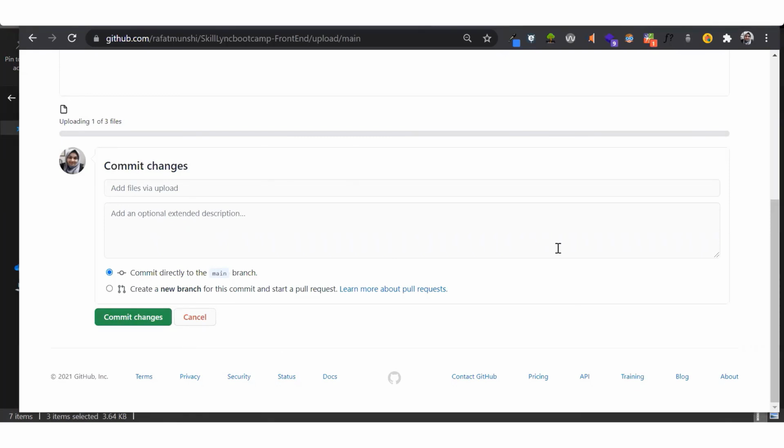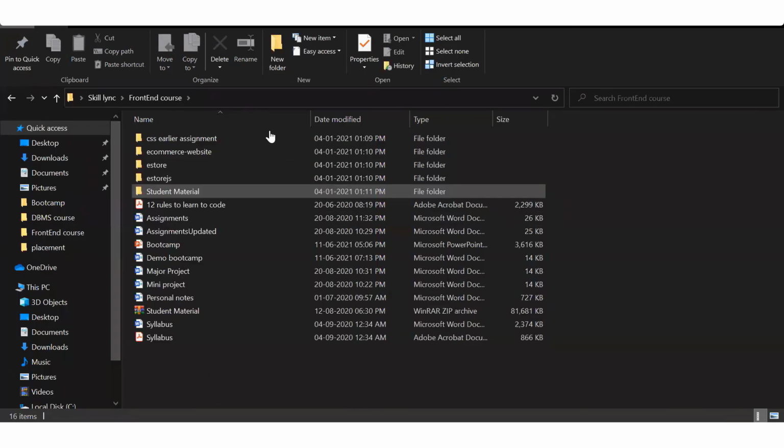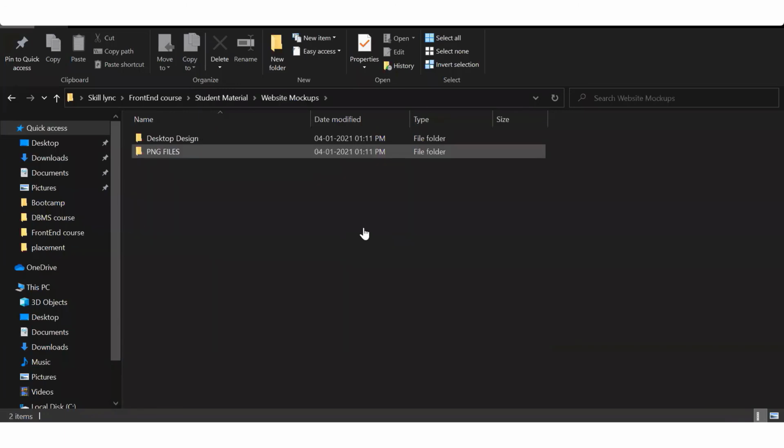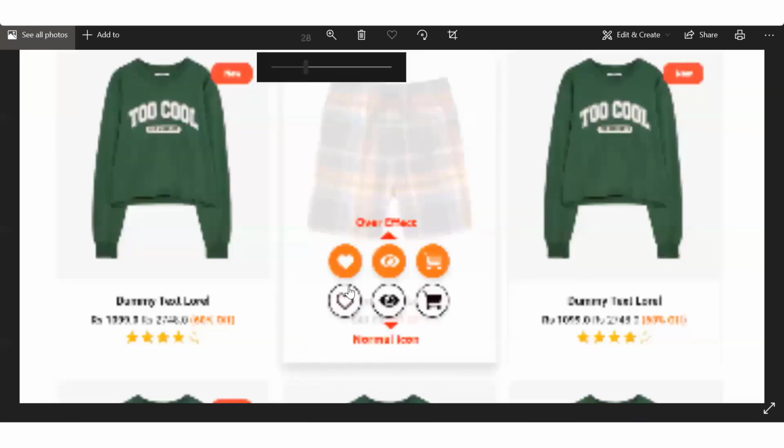And this is not the end. You have a long way, and you have to create your own big website to show to recruiters or employers that in our master's course we make sure that our students are creating a full-fledged project. So I can even show that to you. In the front-end course, we give certain mockups to the students. This is the home page of the e-commerce website which they are supposed to implement. Okay, so this is how their website should look.